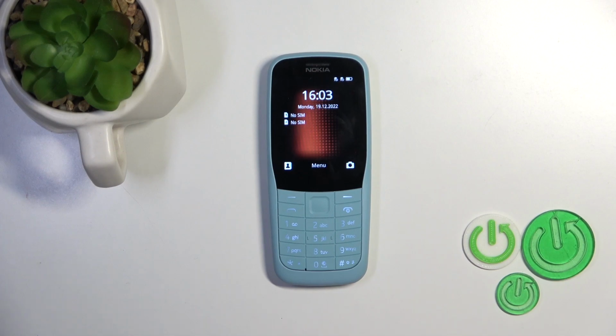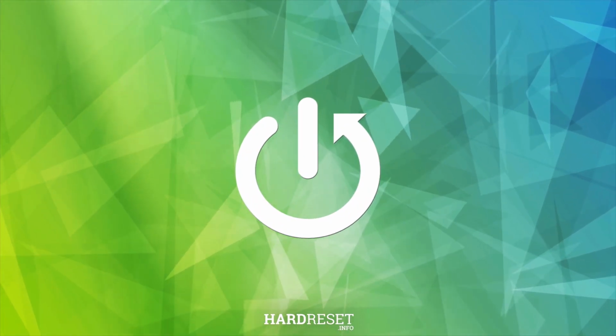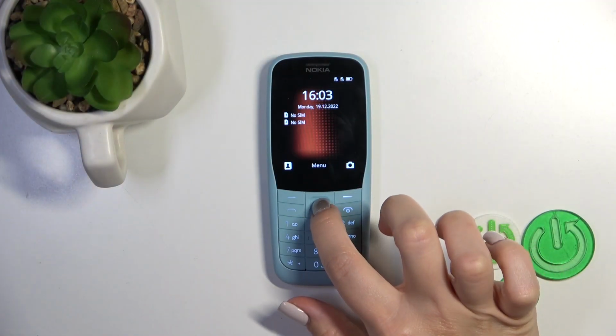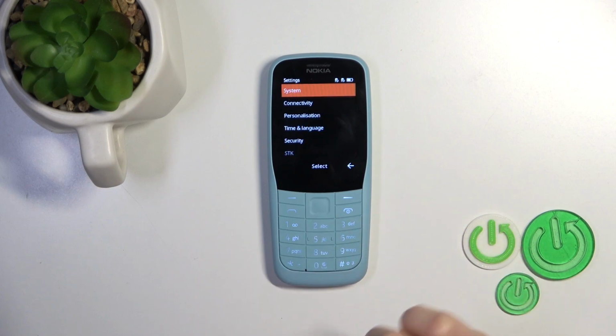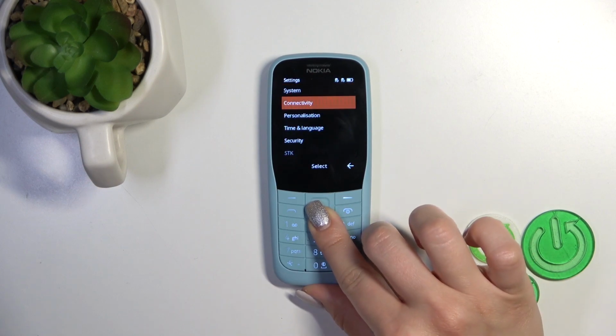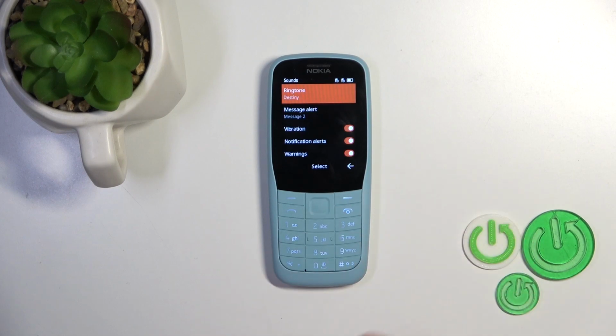Hi, this is the Nokia 220 and I'll show you how to find and manage sound settings on this device. So open first the menu, scroll down and find the settings. Go to the settings, then here click to the personalization, select it, scroll to the sounds, tap on it, and